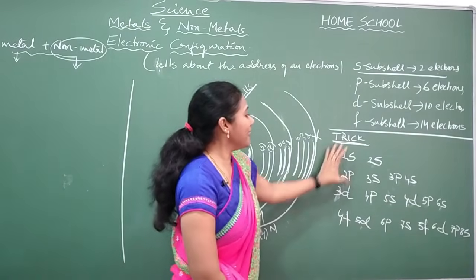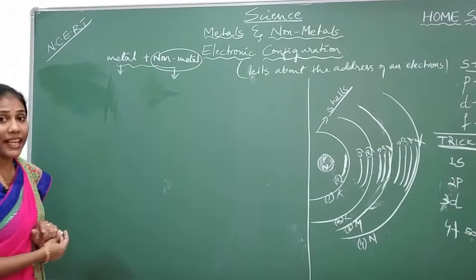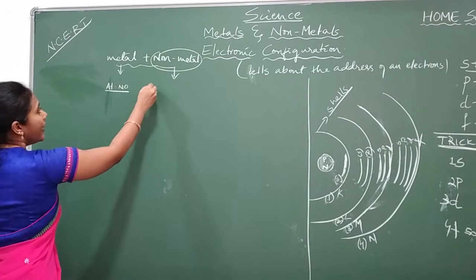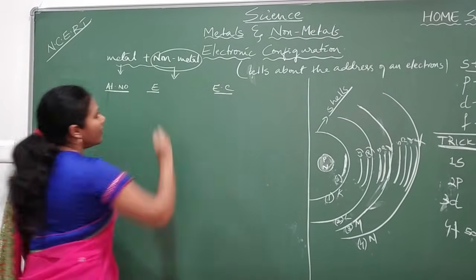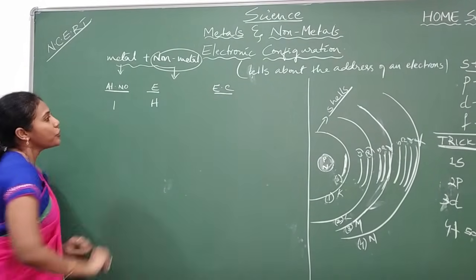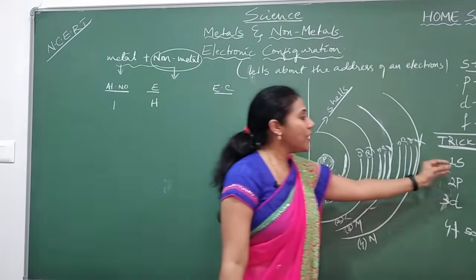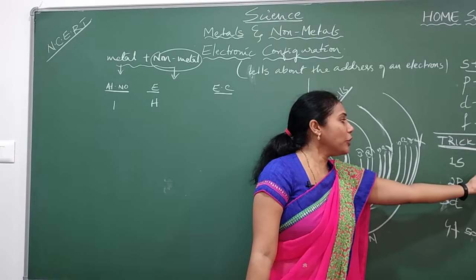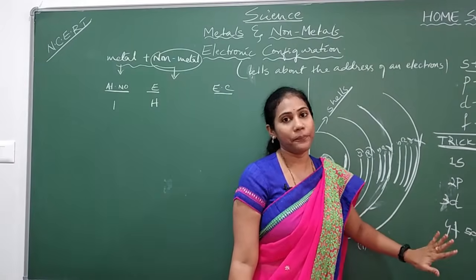Now, keeping this sequence in mind, let us write the electronic configuration for the first element, that is hydrogen. Let me write atomic number, element, and EC, electronic configuration, here. Atomic number 1 for the element hydrogen. So how do you write the electronic configuration? You can use the trick. First the electrons will go to the 1s orbital, maximum capacity 2. Next it will go to 2s, next 2p, next 3s, right? So this is what you can follow and write.